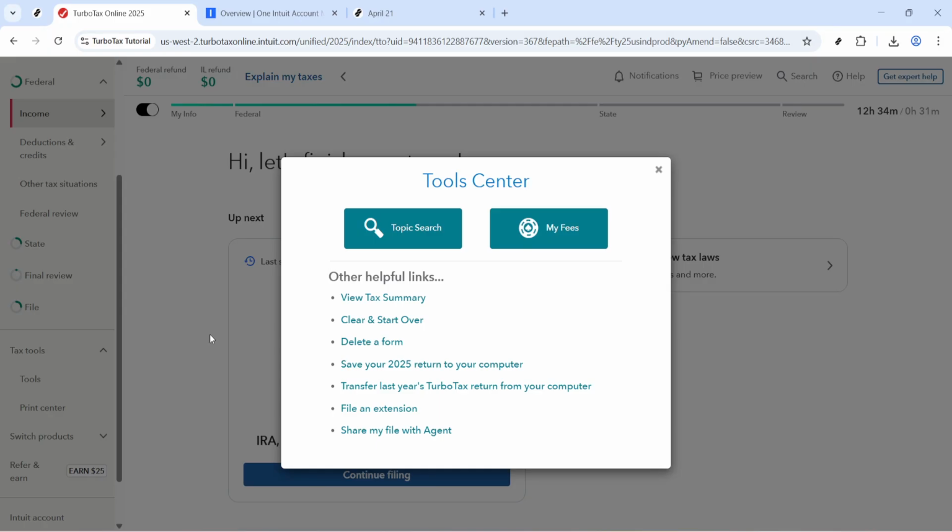In the Tools window, select Transfer last year's TurboTax return from your computer. This is where you'll point TurboTax to your saved file. TurboTax will prompt you to browse to the location of that file. Look for something like .tax or .tax20XX depending on which year you're importing from. If you're unsure where it is, check your Documents folder or any backup location you used when you moved files